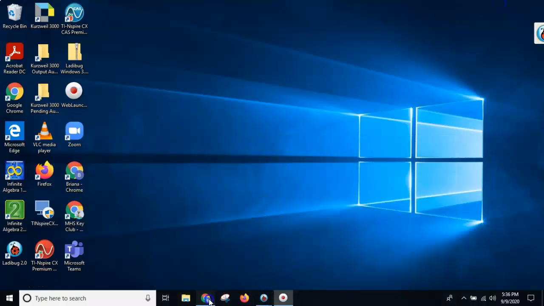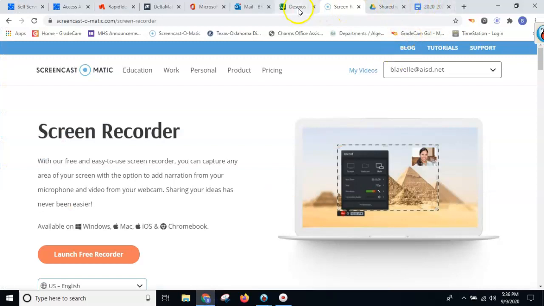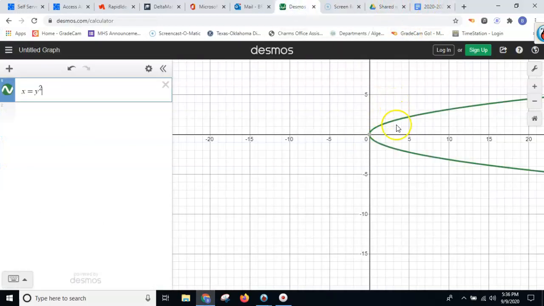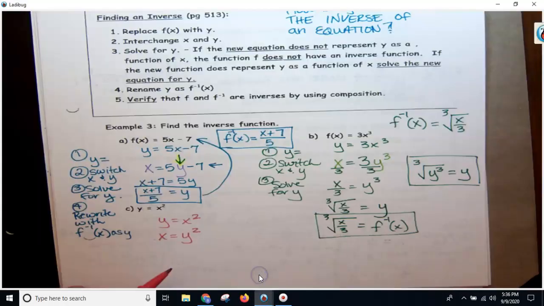If I were to graph it, I already did, you would get this. And you can see from the vertical line test, this is your x equals y squared. Your vertical line test shows that one x value has 2 y values. So the vertical line test is violated. Therefore, this is not a function,